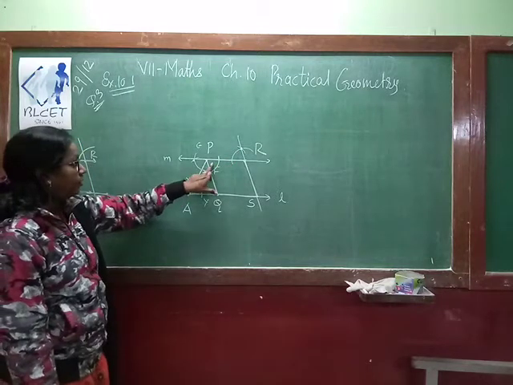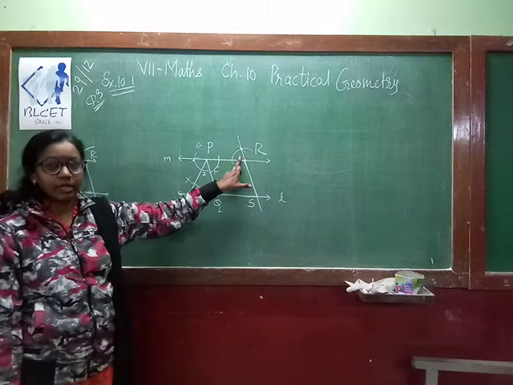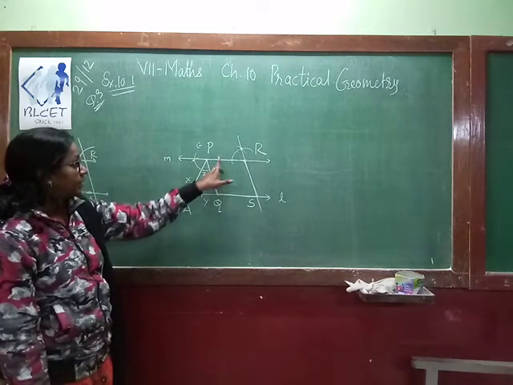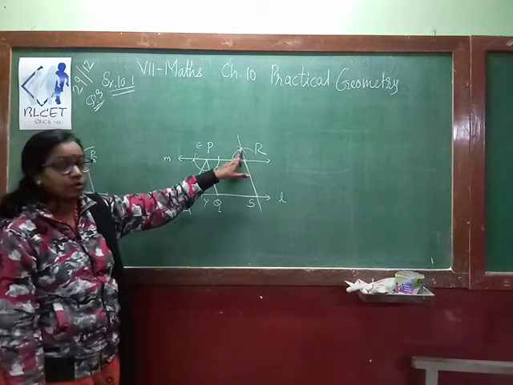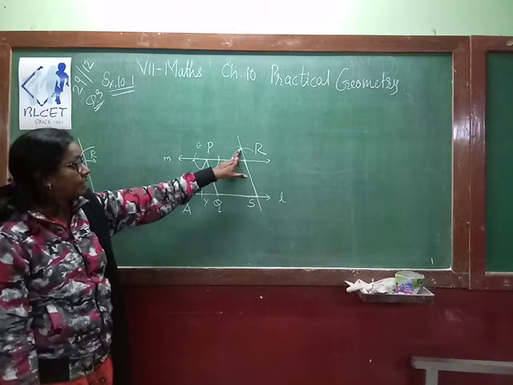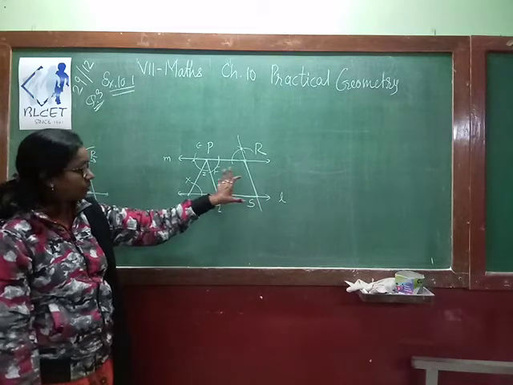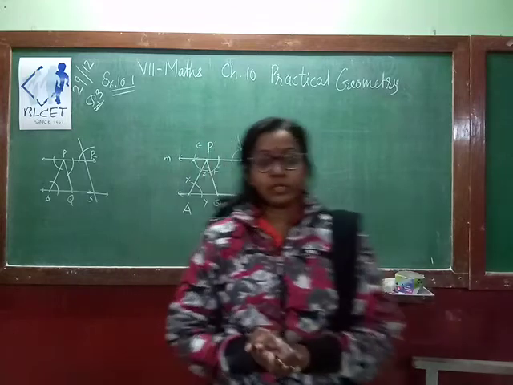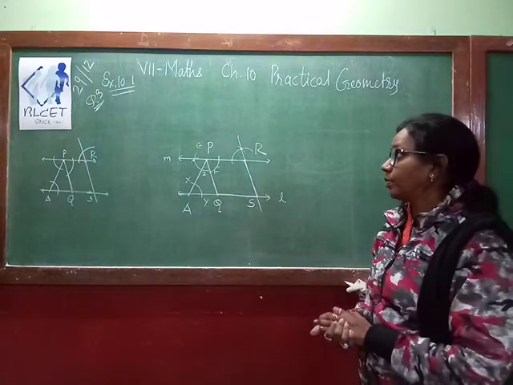One you have to draw this side and one opposite side, both the angles should be same because they are alternate angles. Then measure the distance between these 2 points. The same distance you have to take over here and draw an arc. So you are getting 1 point and join these 2 points R and this point and extend the line which cuts L at S. So this way you will get the parallelogram. So this is all about your construction 3. Here your exercise 10.1 is completed.